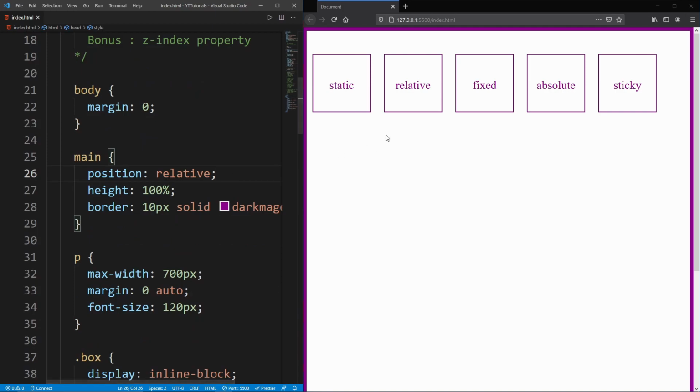So now our absolute position elements will change their position according to their uppermost element which is not positioned statically, which does not have a default position.